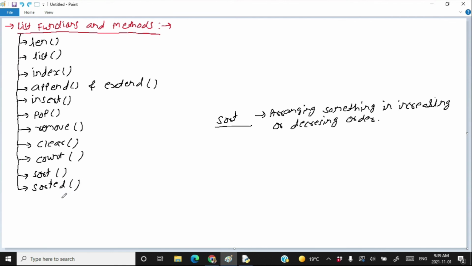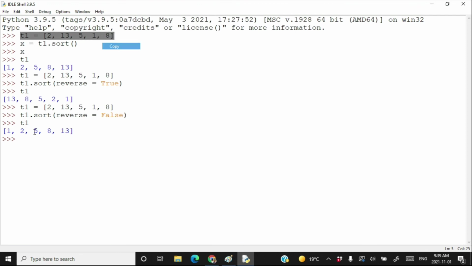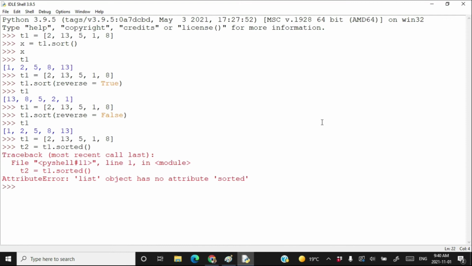Let's see it. Let's take this list, paste it here, and I want to create a new list. T2 is equal to T1.sorted. Oh, we cannot call the sorted method like this. We have to write T2 is equal to sorted and pass T1 as an argument to the sorted method.